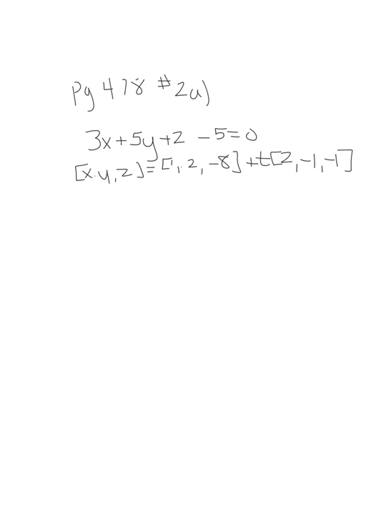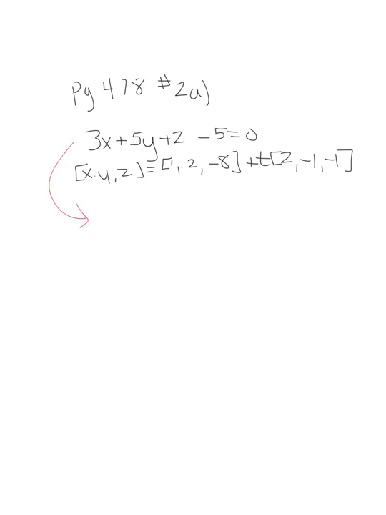Okay, so here is a solution for page 478, number 2a. We're given two equations and we are told to verify that the plane and the line are parallel and then determine if they are distinct or coincident. So when I look at this, I'm given one equation that is in scalar form, and so from this equation,